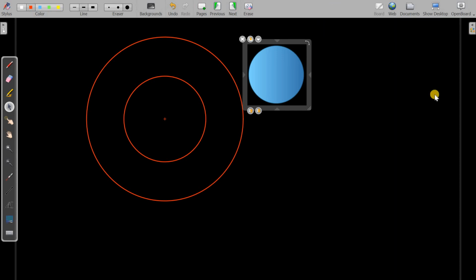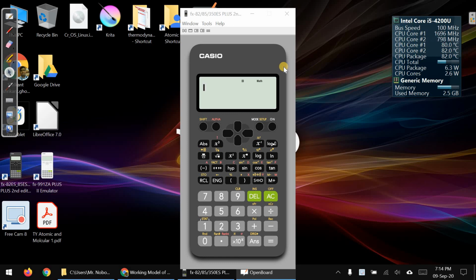Okay, so that's all. This whiteboard is actually a very nice thing, and the best part is that it's an entire scale you can use plus desktop. That means you are taking maximum use of whatever you have in your laptop or desktop.